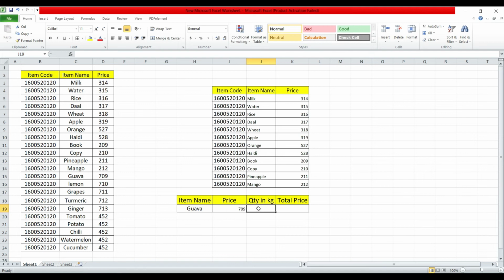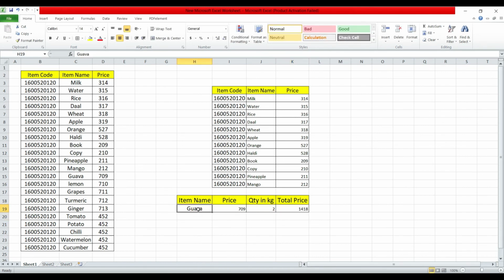Now for the total price, I entered a quantity of 2, and here I will calculate the total price: price equals price multiplied by quantity.